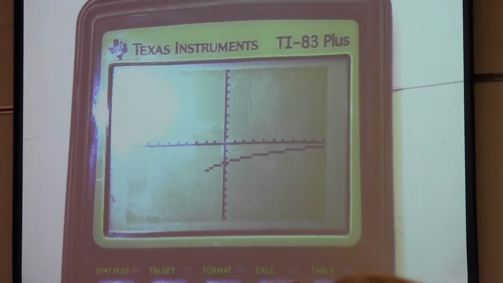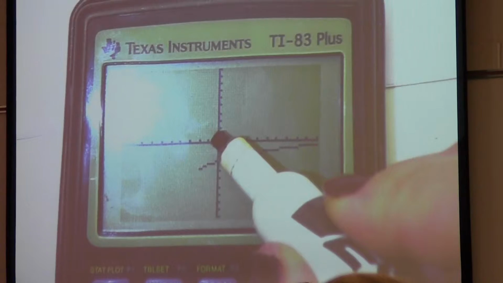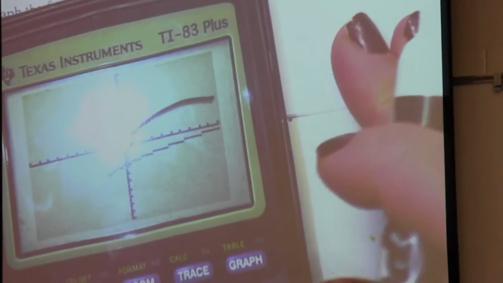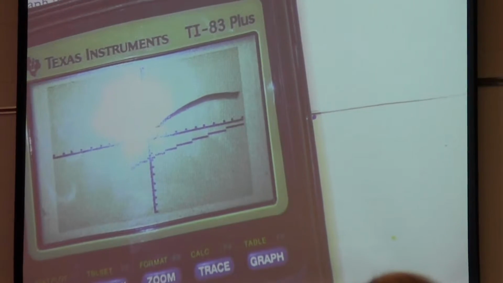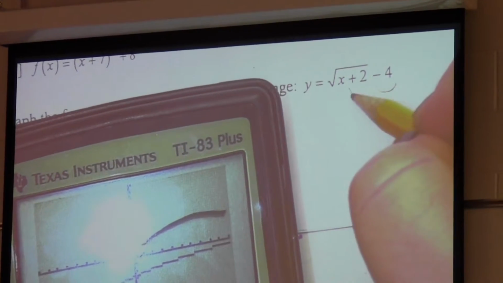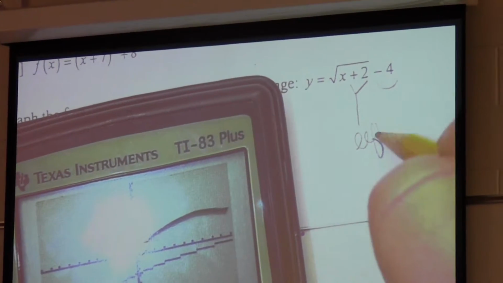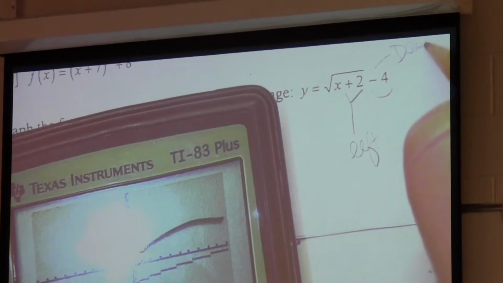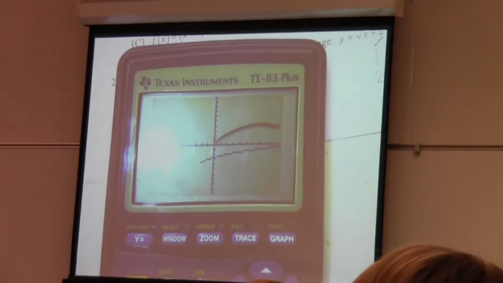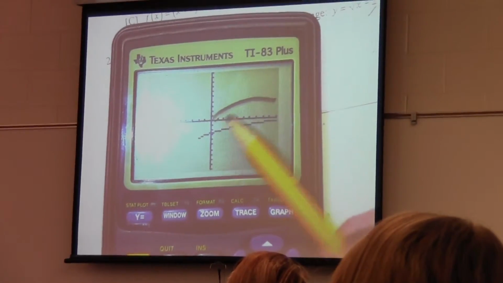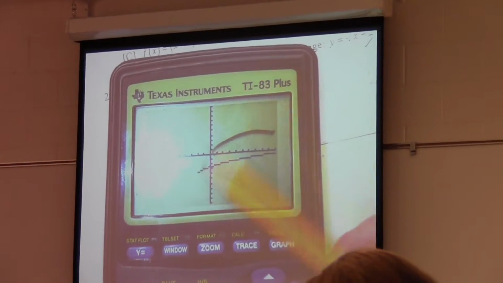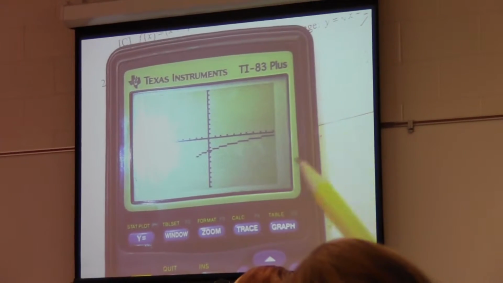Originally, the square root function started at the origin and went up in this direction. But if we look at our equation, our square root function is going to move down 4, right? And it's going to move to the left 2. Does everybody remember that? Or kind of anyway, now that I reminded you? And so we could check our original function, that it has moved down about 4 and over 2 to the left. So if we were to graph it then,